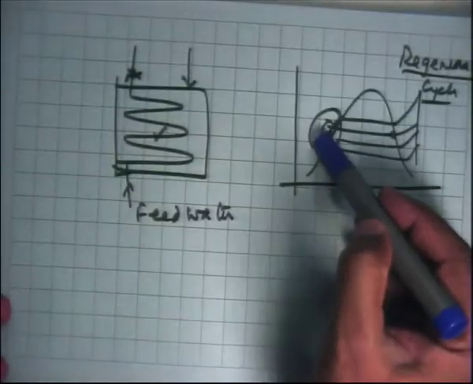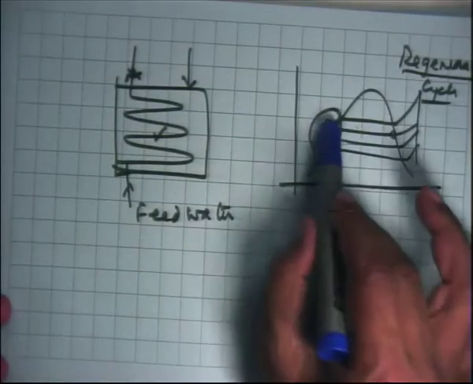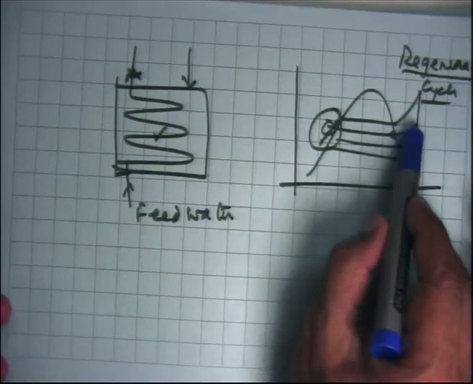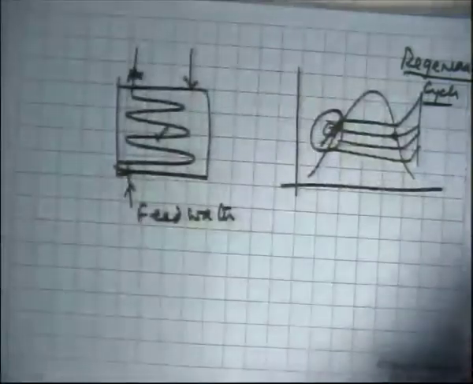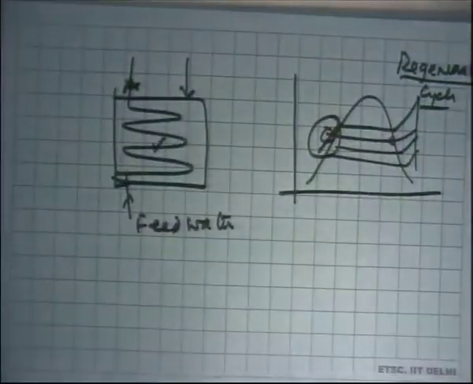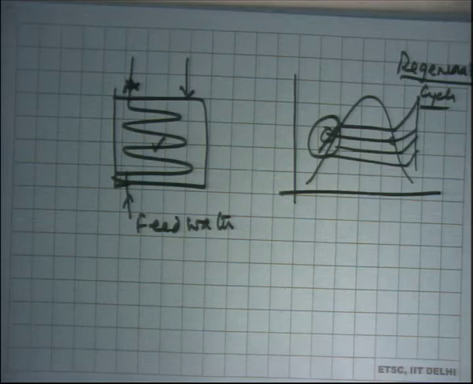But if I had this also in the boiler, then the average temperature of heat addition can come down, depending on the amount of heat added here, and heat added here. So the average temperature of heat addition has to be increased and kept up, and that is done by regeneration, and therefore the overall cycle efficiency goes up by regeneration.